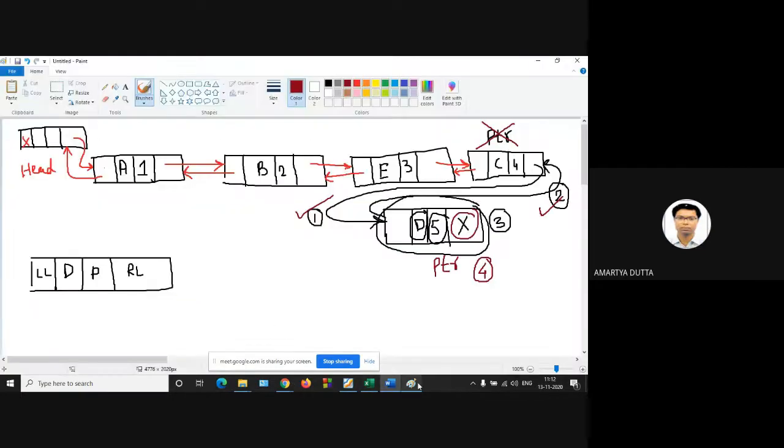Suppose this is your existing link A, B, E, C, and D. Now suppose another node is instructed to insert.